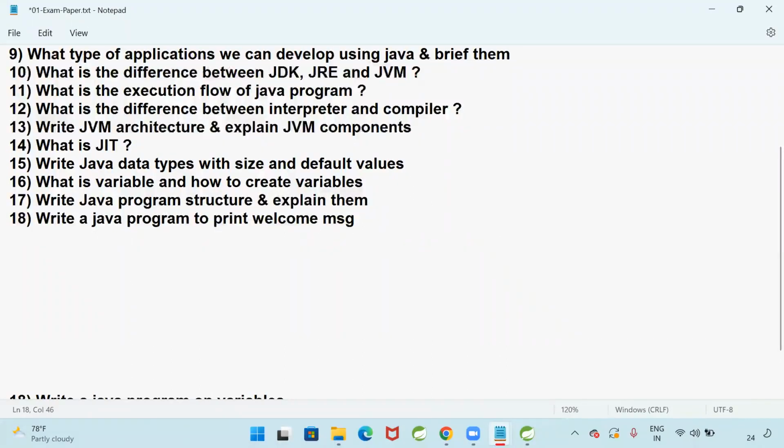Proper syntax you need to write. Java is a case sensitive programming language.